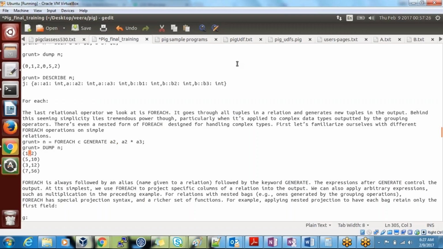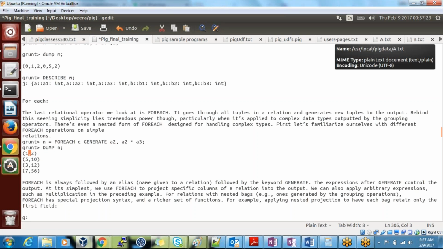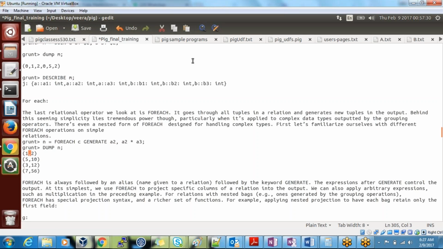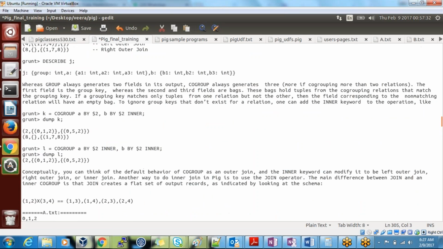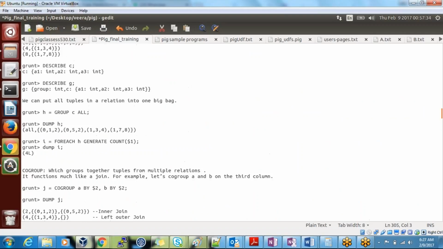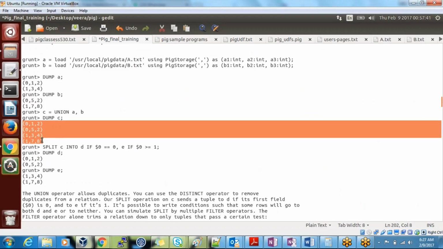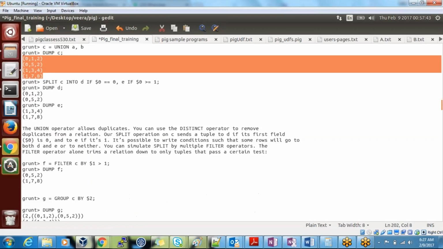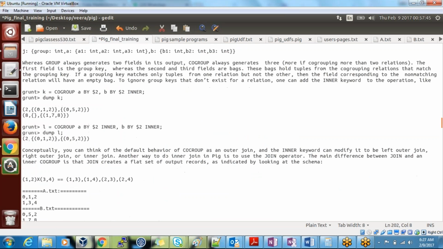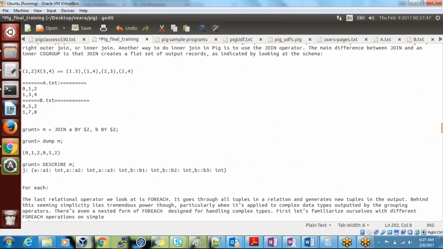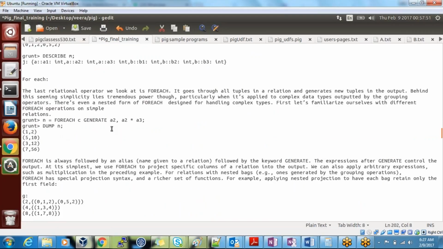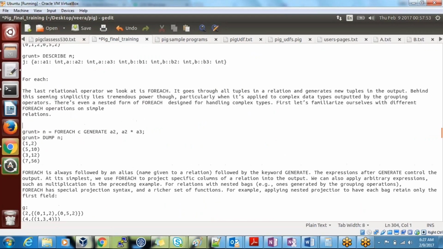Look here, we have to see C. C is the union tuple, right? To understand that, we need to see this tuple. What is our C?